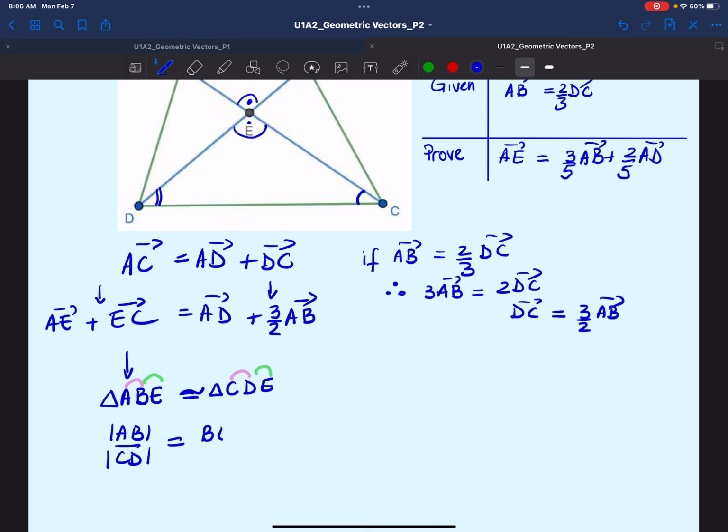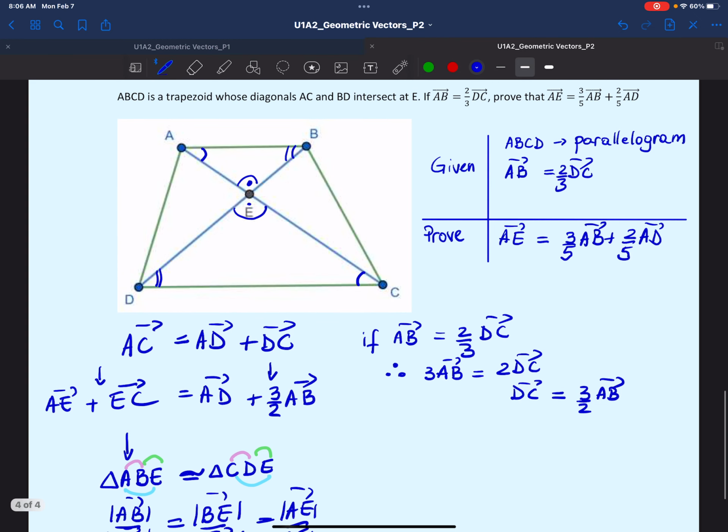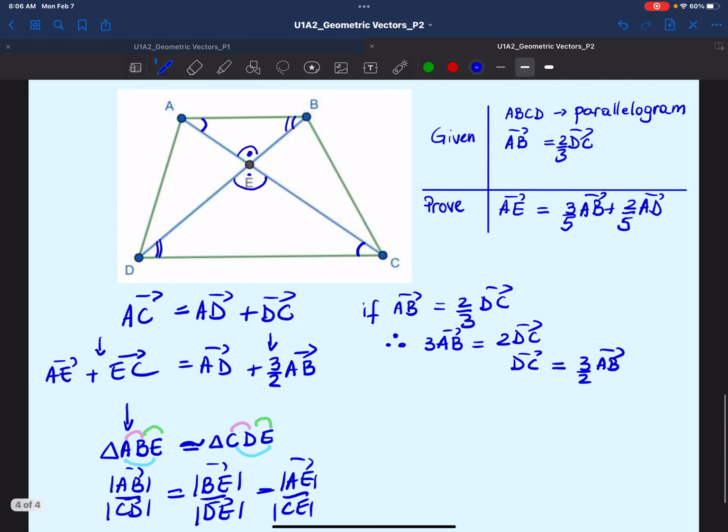Again, that's the magnitude. And that would equal the magnitude of AE over CE. So remember that since we're told that there is a connection between vectors AB and DC, given by this statement here,